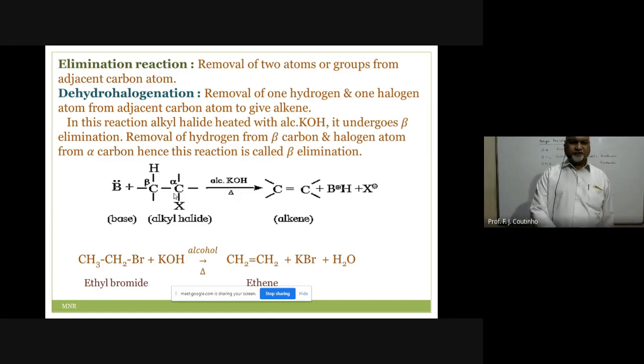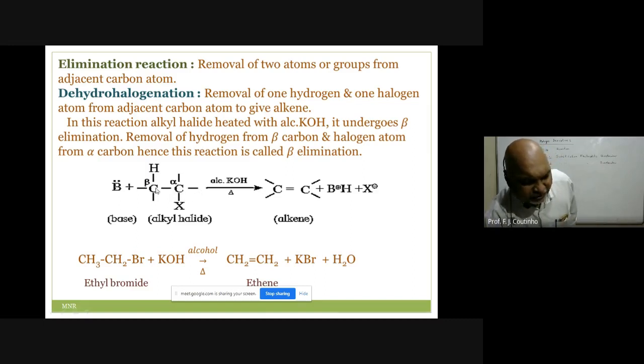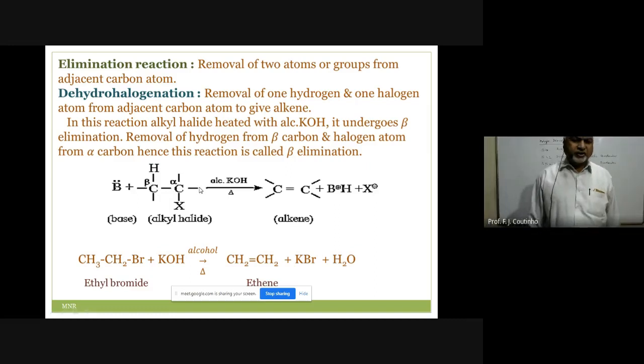So that is in geographical terms, but here in organic chemistry, there is a carbon and the next carbon. There may be one more carbon on this side also, with this one being alpha. So in case of one alpha, there could be 2 beta carbon atoms, one on the left-hand side. So I will call them beta and beta dash. So in this elimination reaction, we are removing 2 atoms or groups from adjacent carbon atoms.